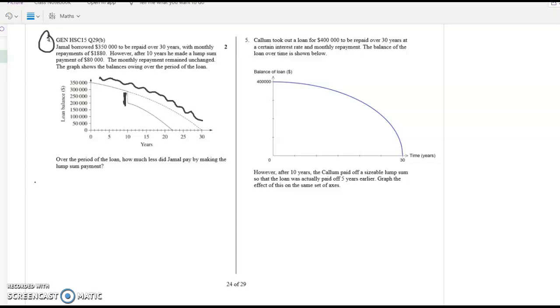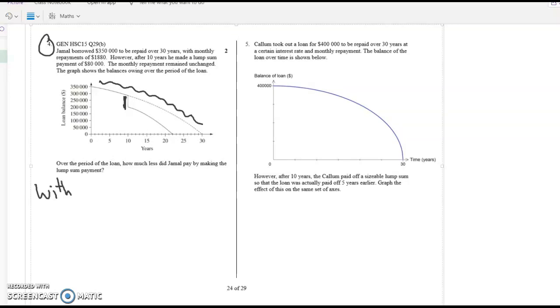So without, the total cost is equal to 30 times 12 times 1880, which gives 676,800,